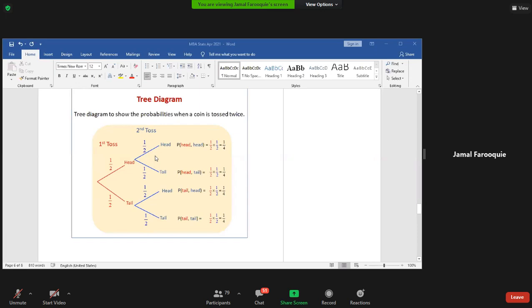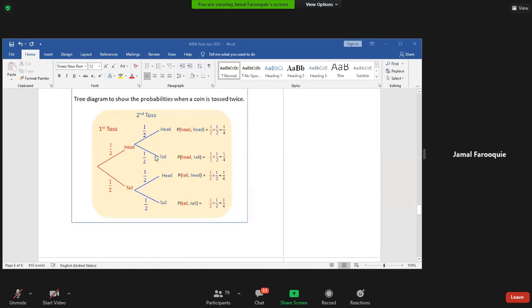What does it mean? Now it is shown for 2 trials. You can see just the red part, the leftmost branch, which is in red. This is the result of a single toss of a fair coin, where the 2 possibilities are head and tail. This is the probability associated with this outcome. So for head, the probability is 50% and for tail the probability is 50%.